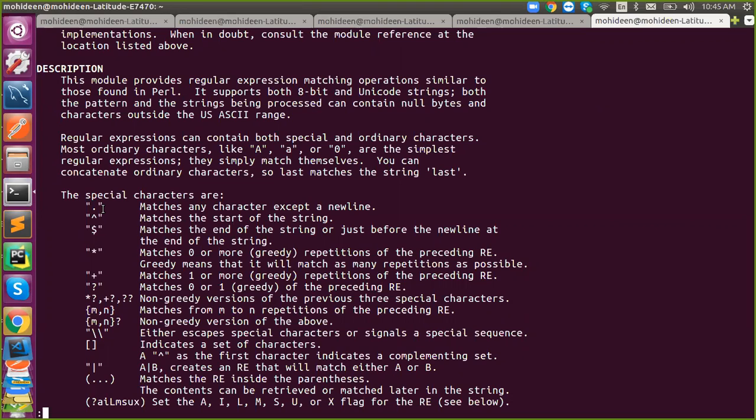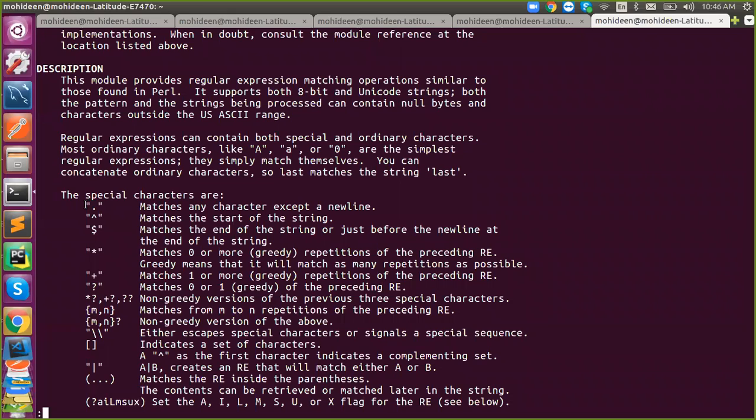Understand? This is called regular expression. You need a lot of practice to understand this concept. Otherwise, it is very difficult to understand, because even I struggle to understand this concept, because of the patterns. You need to clearly understand what each and every character means and what it is actually doing. So the dot will match everything except a new line. New line means \n. It will match everything. Like if you say ABC, it will match A, B, C, etc.